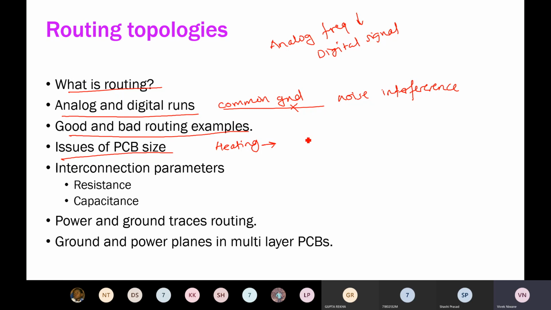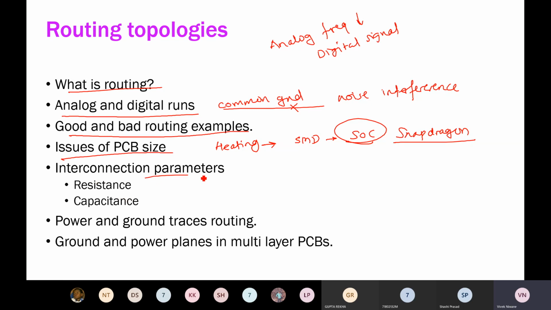Then we have to incorporate lots of components on a smaller size of PCB, so we have to go for SMD packages. We have to go for SoC, system on chip, because a standalone processor and many interfacing modules would increase the size of your PCB. So instead of that, go for system on chip, just like your Snapdragon processor. Whenever we go for a Snapdragon processor, it is a system on chip. Inside it itself you have the ADC, DAC, and so on. The ARM controllers are also SoCs.